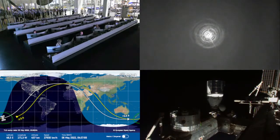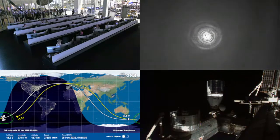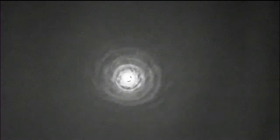Endurance copy. So there's our first view of Dragon Endurance making its re-entry to planet Earth. 6 months in space. And this is the first time that these crew members have been in Earth's atmosphere in that time. As you just heard, we're standing by for drogue parachute deploy, so those 2 drogue chutes. The crew members will probably feel a little bit of a jolt as those deploy, but that's why they are strapped into their seats safely, those custom fitted seats. And after the drogues deploy, it'll slow the capsule to about 350 miles per hour before we see the 4 main parachutes deploy and slow it down to about 15 at the point it'll splash down in the ocean off